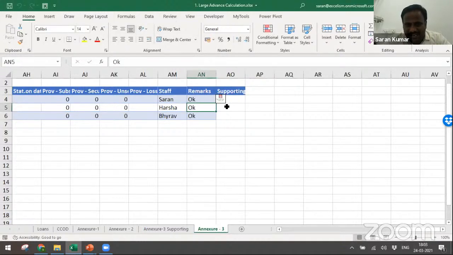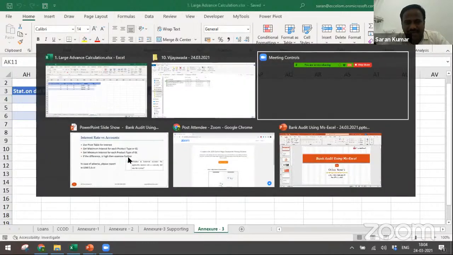Maybe if everyone can start keeping these, our working papers look so beautiful. You can face peer review, you can face any review for that matter, because this is what they expect at the end of the day. Mr. Saran, you are keeping this as okay, based on what? Based on we went into the systems and we verified, but where is the proof? That proof is nothing but this. Okay, let me save this. Let me go a little further.